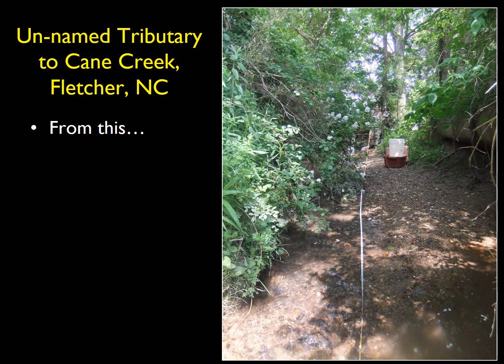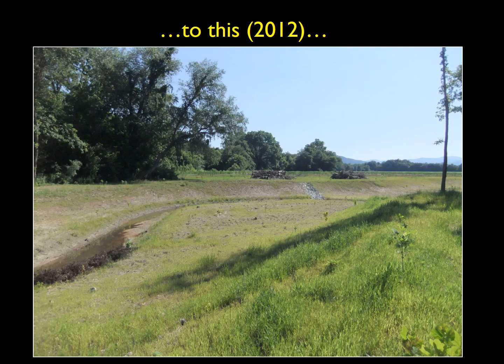To look at another local example, this is Cane Creek down in Fletcher. And so it went from this incised channel full of invasive multiflora rose, not much water moving at all, to this later on in that same year. So they reconstructed the channel, moved it out of that riparian forest, which you can see in the background there. And right after it was built, there was no vegetation. They'd created a new channel, recontoured it. They'd done plantings on the banks, but nothing had really grown in yet. So this is what it looked like.